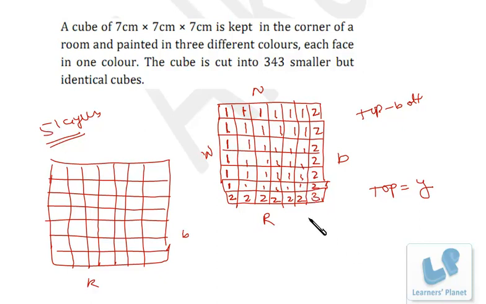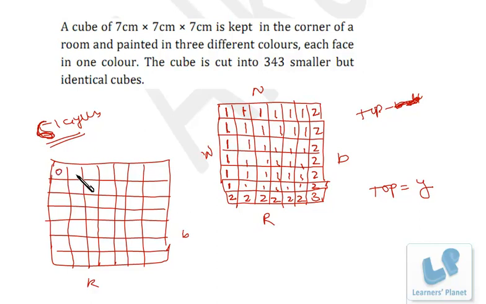Now here, friends, in fact the bottom is not exposed, so this layer will be of only top, right? Bottom will be like this. So we'll be having 6 layers like this. Okay. Now further, in this case the top surface is not exposed, only this edge and this edge are exposed. Okay.